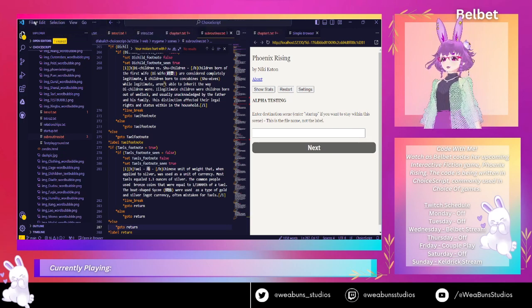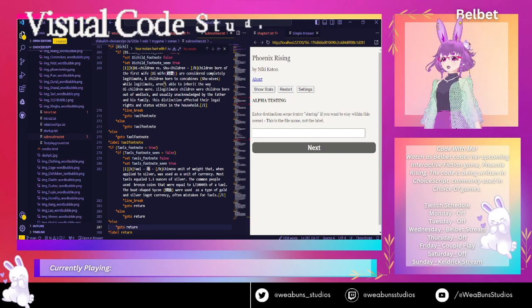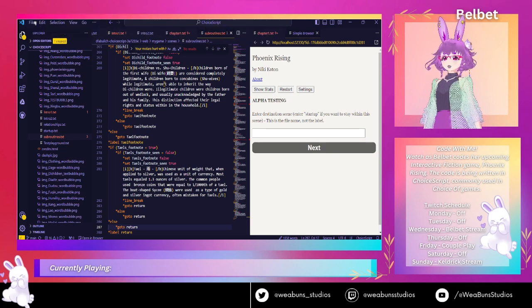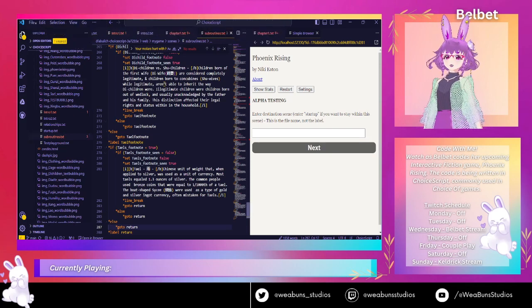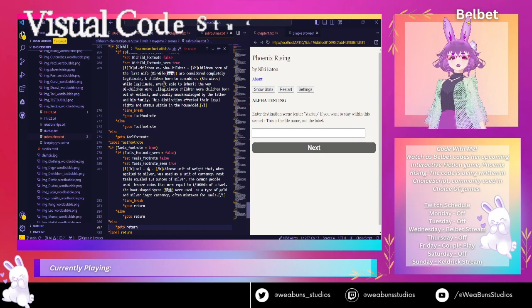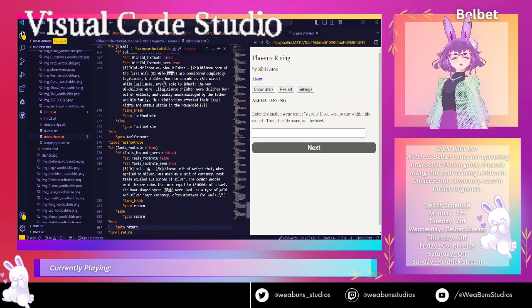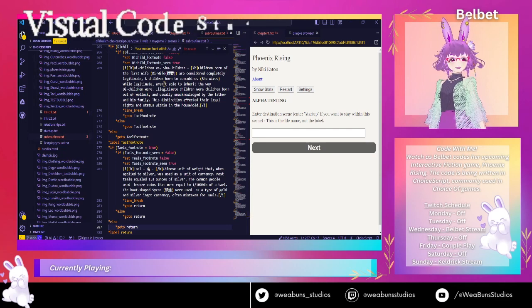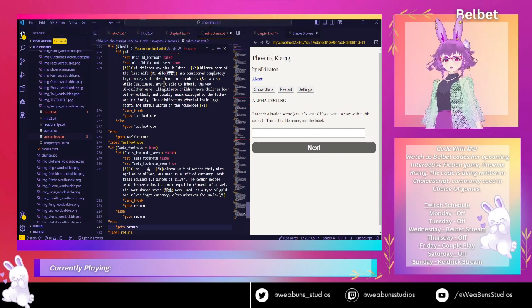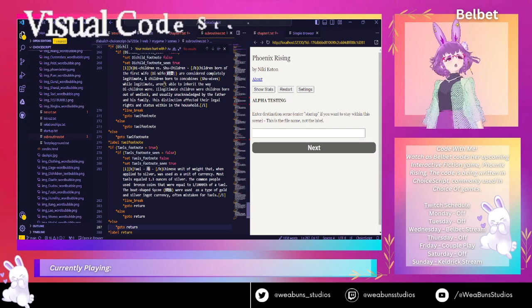I need to adjust one thing real quick because I want you guys to be able to see my mouse. Okay, I've got that on, so you should be able to see it. If you can't see my mouse, then I don't know what to tell you, because settings are a bitch sometimes. But I'm going to show you a little breakdown of exactly how I set up Visual Code Studio real quick. And then I'm going to show you